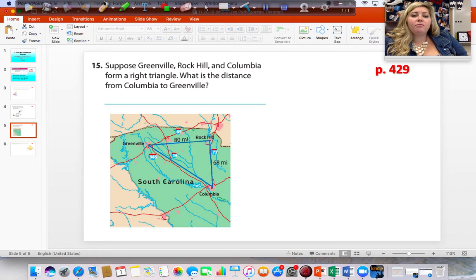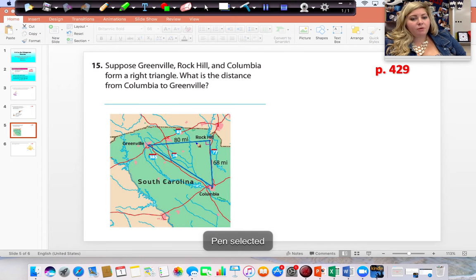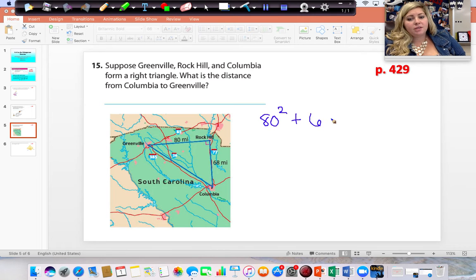Okay, suppose Greenville, Rock Hill, and Columbia form a right triangle. What is the distance from Columbia to Greenville? So we've got 80 miles here from Greenville to Rock Hill, and from Rock Hill to Columbia is 68 miles. So we've got 80 squared plus 68 squared equals c squared. We do not know the hypotenuse, which is here. All right, so 80 squared, 80